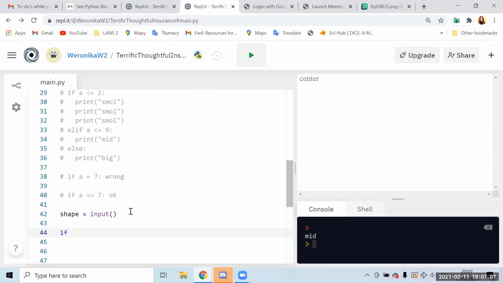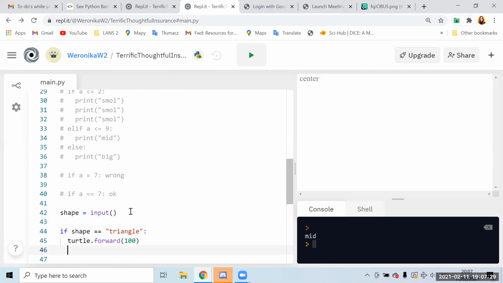The first one would be if the shape is equal to a triangle. Then we would draw a triangle. And in Turtle, we would do that by just drawing 3 lines. An example of it would be going forward and then going left.